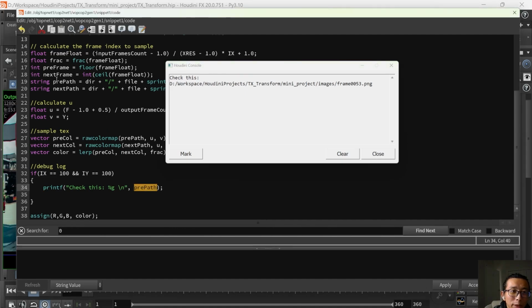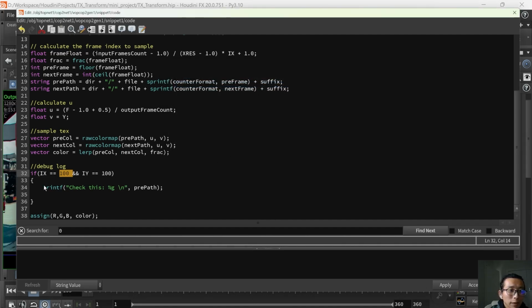The previous path, we just calculate at x equal 100, the 100th pixel. So for that pixel, the image we're using is frame 53. Anyway, after we get this, we have the frame we need, and before sampling it,